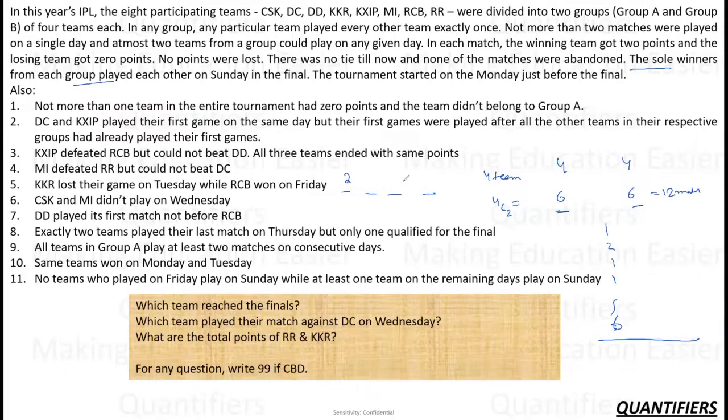If I need to have a solo winner, there must be a team which is winning all the matches, all 3 matches. Only then will I have a solo winner. I cannot have a solo winner on 2 wins, or obviously less than that. Which means there was one team in both the groups which is winning all the matches, right? This is something we need to keep in mind. Now,